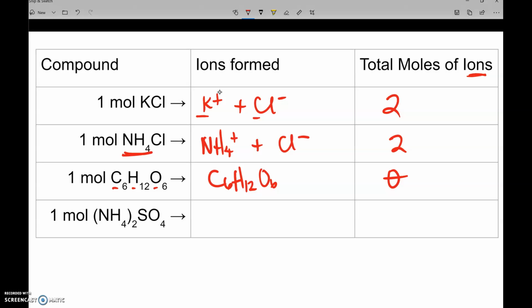Okay, this one is called ammonium sulfate. So again, if you look at your polyatomic ion sheet, which is at the front of your packet, this is going to break up into ammonium, and sulfate is right here. So then we need to make sure that we're balancing this one. Here, notice we have